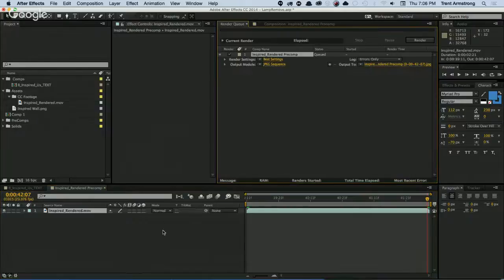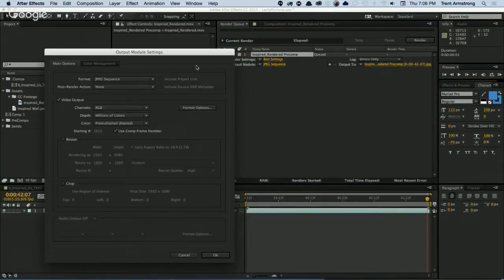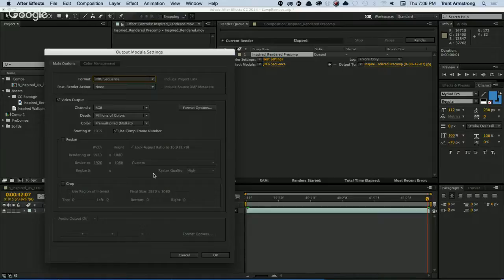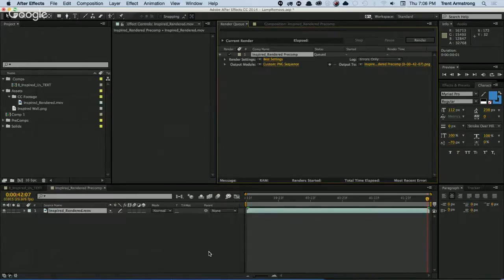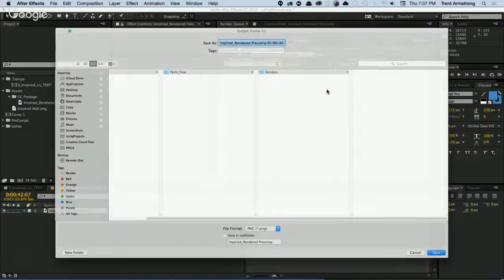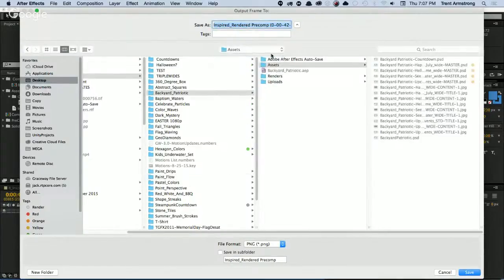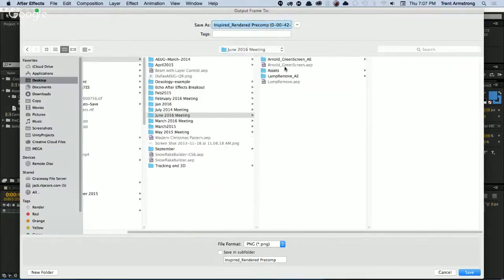I can Option Command S to just drop it in as a JPEG in the viewer, or sorry, in the render queue. I'm going to go ahead and make it a PNG. It's just RGB, not RGB plus alpha. And then we're going to save this guy out as